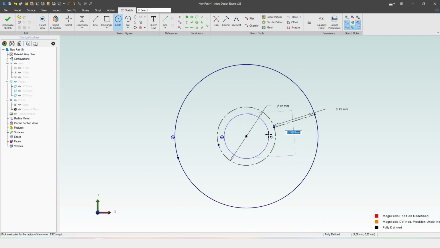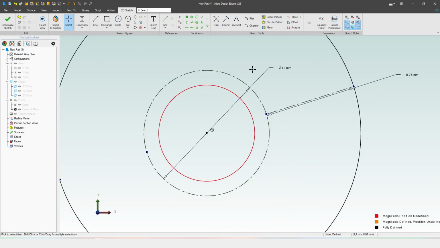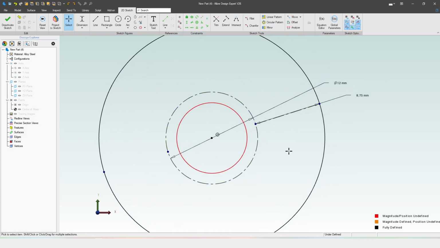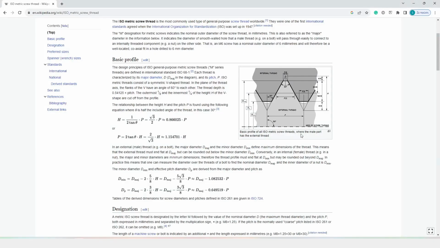Now let's make the inner circle of our thread die, and let's think. Okay, if this works like a threading die, the innermost diameter of it is going to be what? It is going to be the minimum diameter, right, of our external thread, because then we'll do a helix and create the major diameter, but this is going to be the minor diameter. Okay, let's go back to our Wikipedia page. And if you see, right, this is our external thread, so the minor diameter